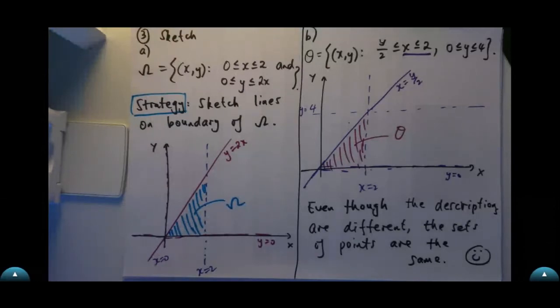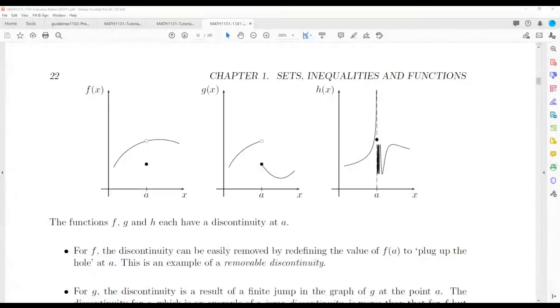Okay, so for discontinuous graphs, on page 22, let me have a look, 22. Yeah, okay, good question. Let me just share that with you, Doha. That's a good question. I can share my thing here. So thanks for your question, Doha. It's a good question. So these three functions